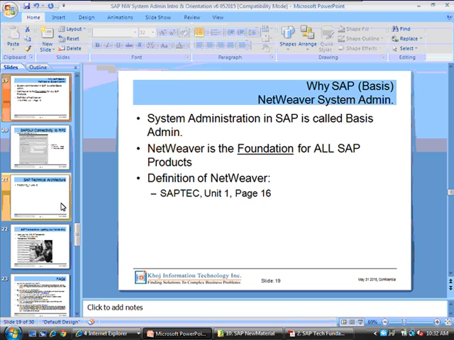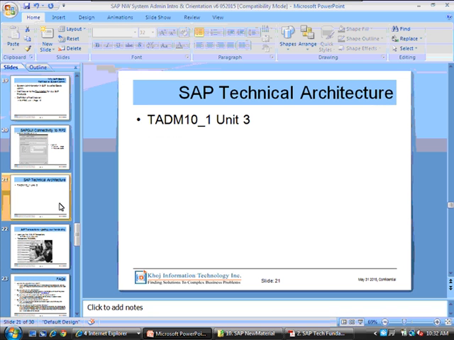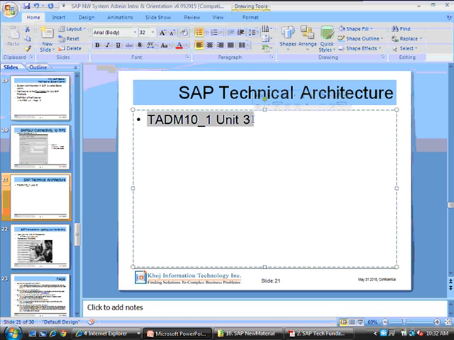NetWeaver systems administration. Now we will take it to the next level to appreciate another unit, which is the SAP Technical Architecture Unit, which gives us